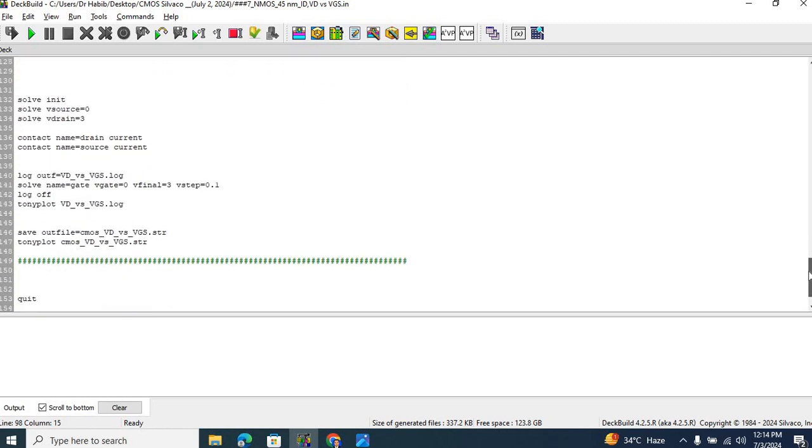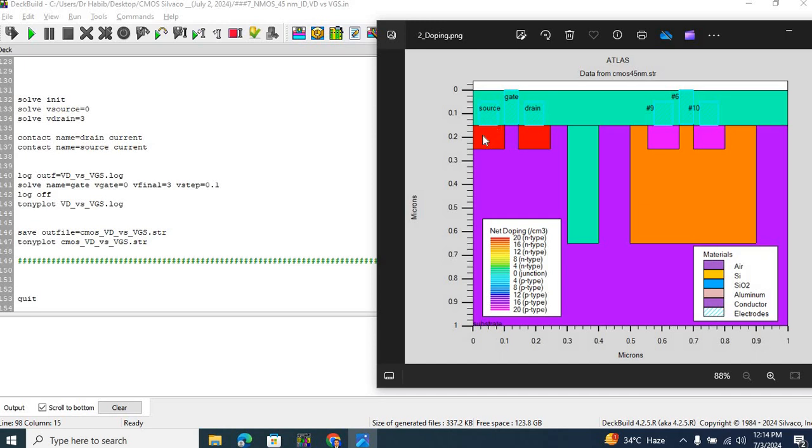Similarly, finally, and more importantly, in a CMOS inverter, we are interested in looking at the voltage transfer characteristics of a CMOS inverter. That is output versus input voltage characteristics. So here I've set the source voltage to 0, the drain voltage to 3. I've set the source voltage to 0 because for the NMOS the source is connected to ground. I've set the drain voltage to 3, assuming that initially the output is at 3 volts, or the output is